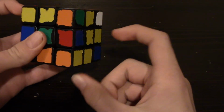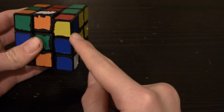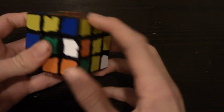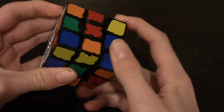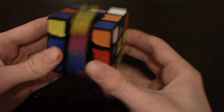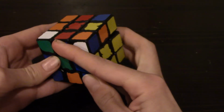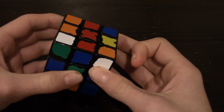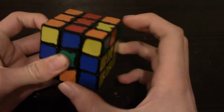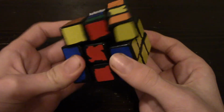So I've got these here, so what I can do is just solve them like that, and then place the DR, and I have this pair here, and I know where this is gonna go, so, and continue up, and then I'm gonna RY to bring this edge down, and now I can do this. Instead of going like this and then insert, I can just go canceling, I guess. Triple soon. This doesn't affect EO, or edges at all, so too bad here. And UL, UR are here in the back, so